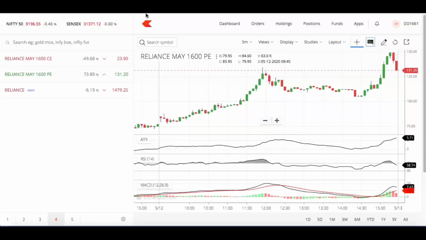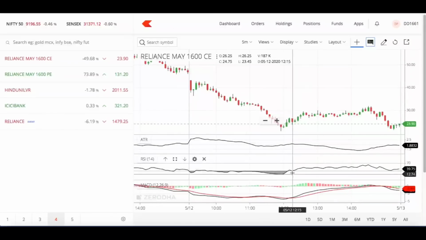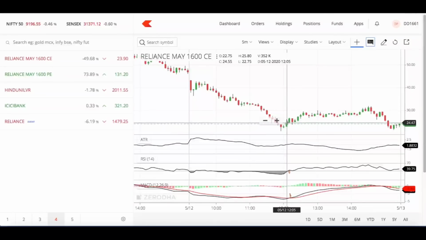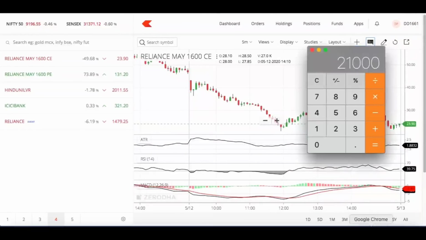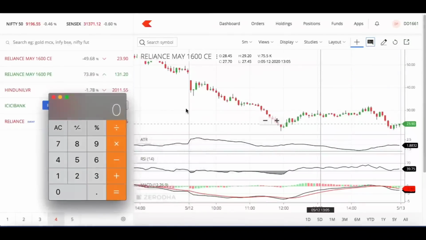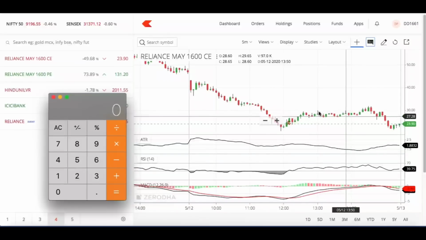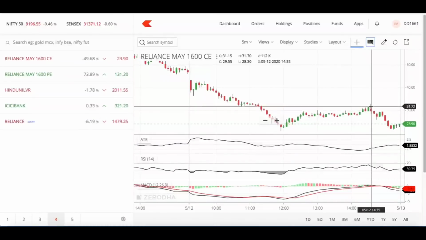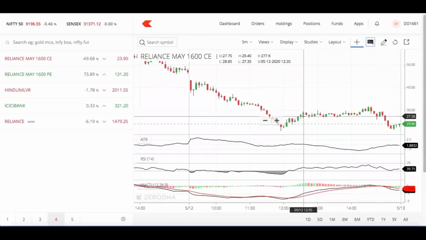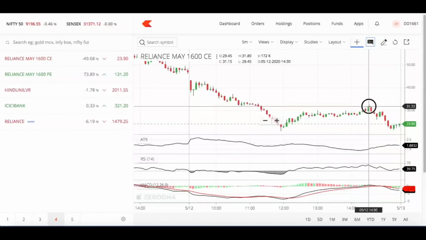Later we can explore many other concepts, but as of now, let's say we are planning to buy at this point and exit at this point. So let's say I took a premium of 24.47. Multiplied by 500, I invested roughly 12,200. Then from there I booked somewhere over here, or let's say 30 also. I'm just giving roughly. I would have booked early, but let's say the maximum we booked was 30 rupees.